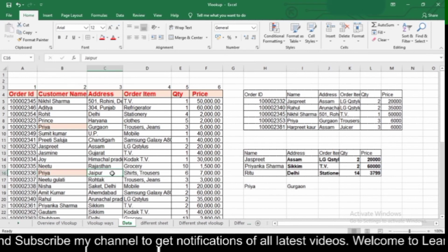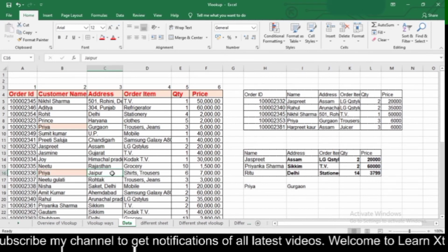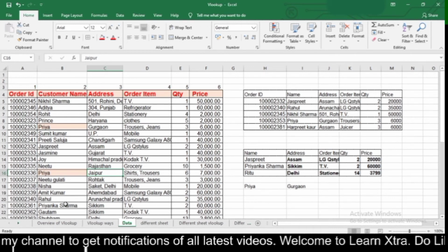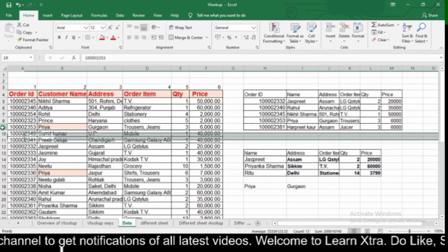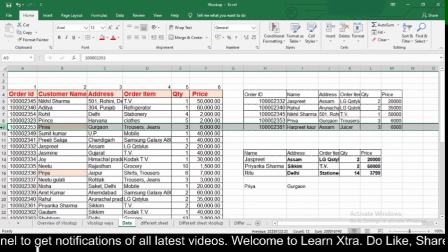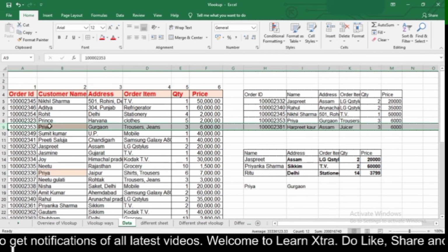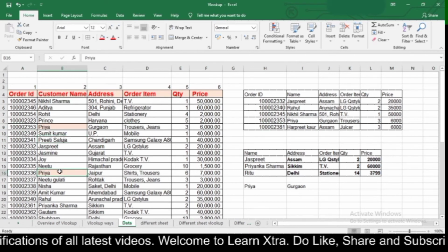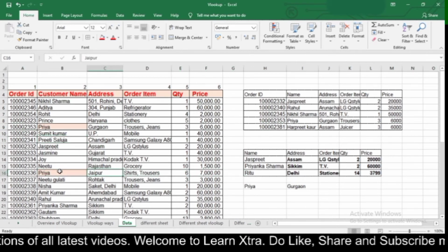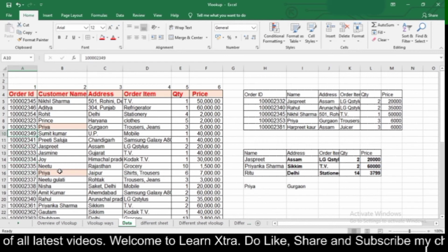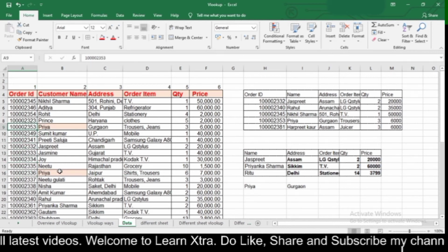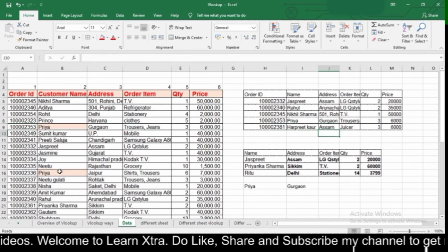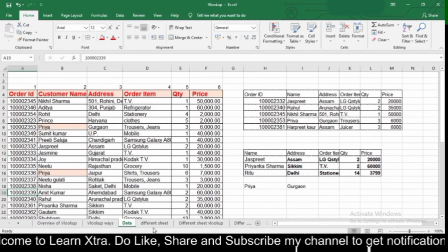So VLOOKUP always looks for the Priya which is first in your data, that is here this Priya is first in my data who is from Gurgaon. So it finds that Priya, but here I have another Priya who is from Jaipur. So VLOOKUP ignores that person. It always looks for the first particular person with that name. So it's a kind of disadvantage of VLOOKUP.